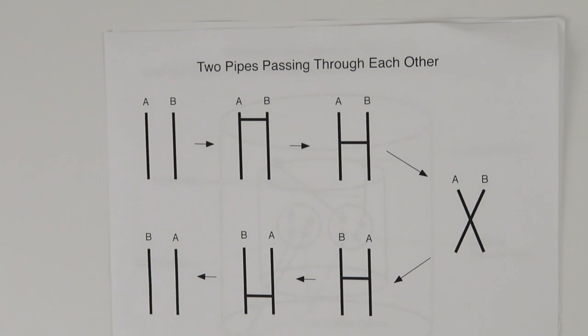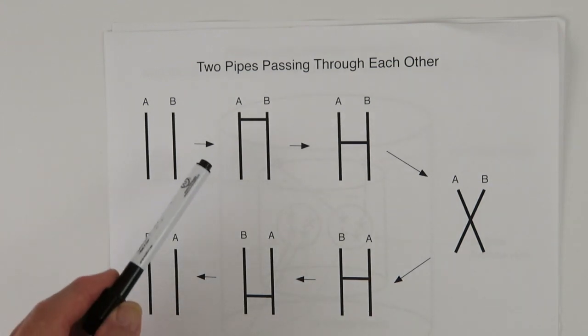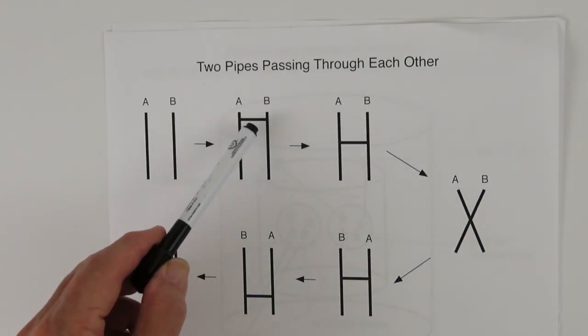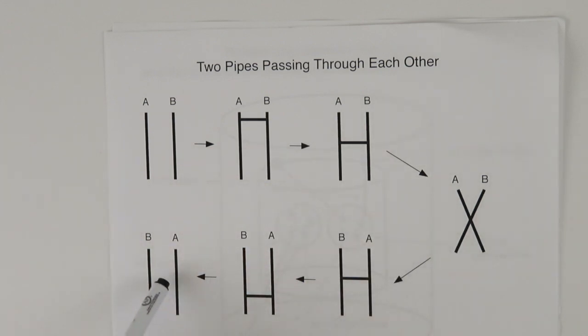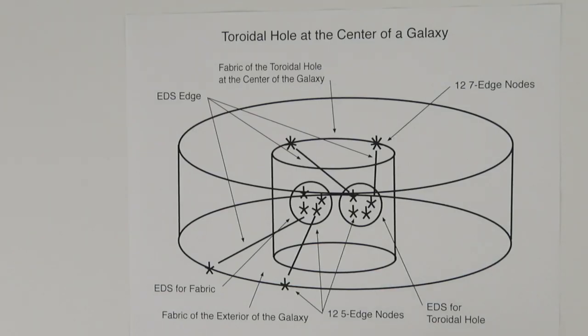So this is the general logical description of how two pipes pass through each other. And this should be ordinary within the respect of the triangular neighborhood networks. The difference, of course, is that you have to have this extra pipe in order to accomplish the transition state. Having built the EDS structure for a torus, we can now apply that concept to something larger, for example, a